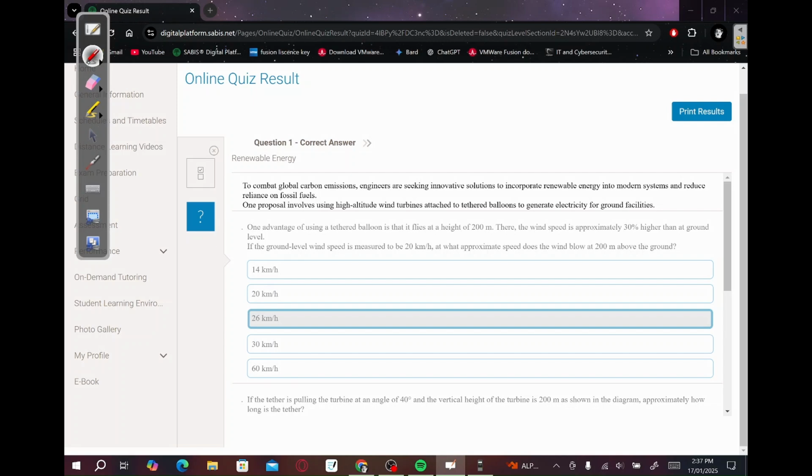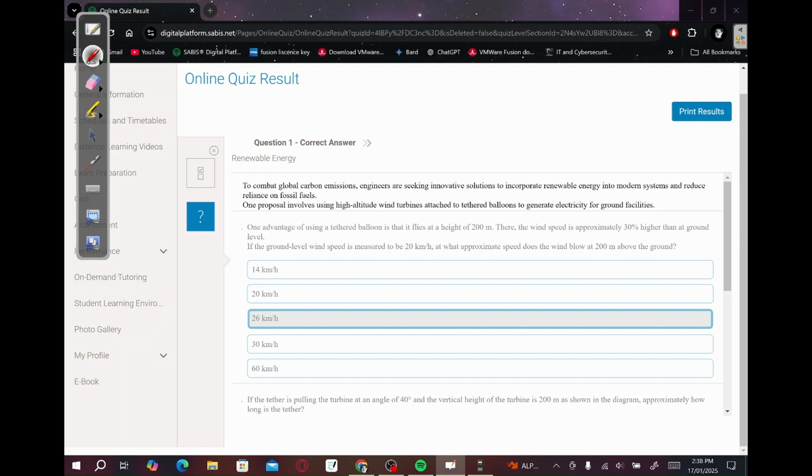So, to combat global carbon emissions, engineers are seeking innovative solutions to incorporate renewable energy into modern systems and reduce reliance on fossil fuels. One proposal involves using high-altitude wind turbines attached to tethered balloons to generate electricity for ground facilities. One advantage of using the tethered balloon is that it flies at a height of 200 meters. There, the wind speed is approximately 30% higher than it is at ground level. If the ground speed is measured to be 20 kilometers an hour, what speed is it at 200 meters above